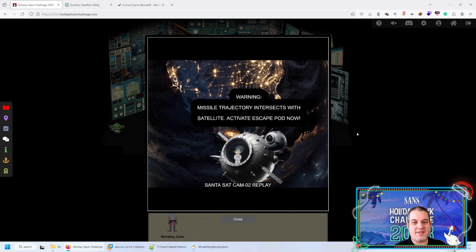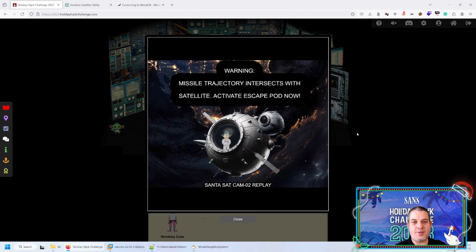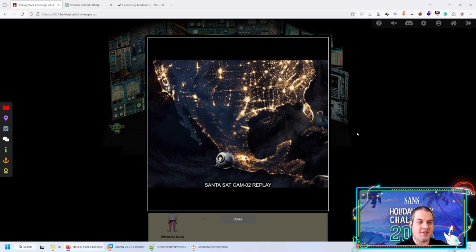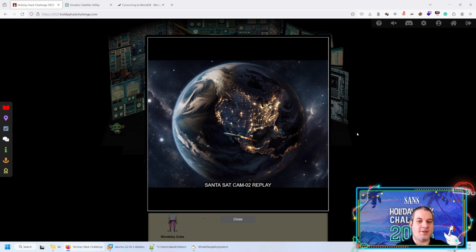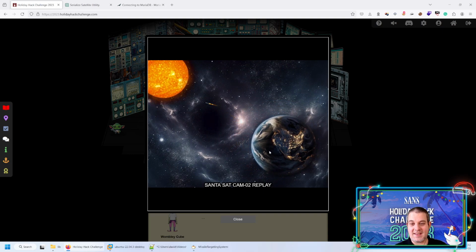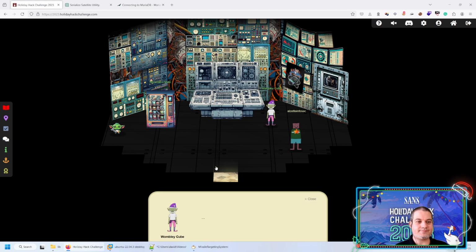But we already reset it to sun point mode, and the trajectory now intersects with the satellite's path. So he has to launch an escape pod, lands in Geese Islands, and the missile goes straight to the sun. That's it. I don't think there's any sound effects underneath, but that's almost the end of the story. But he crash landed on Geese Island. So the last thing to go